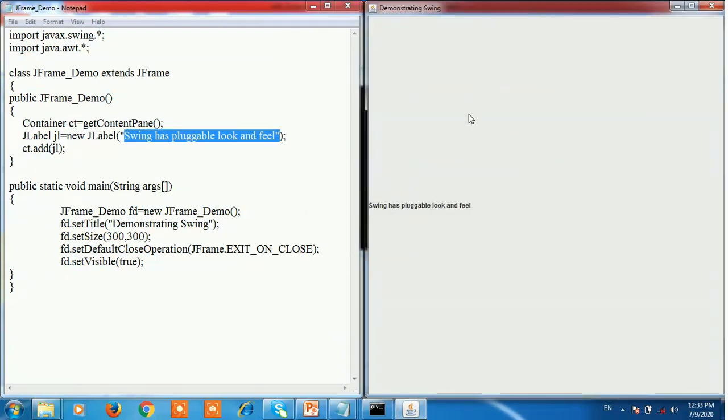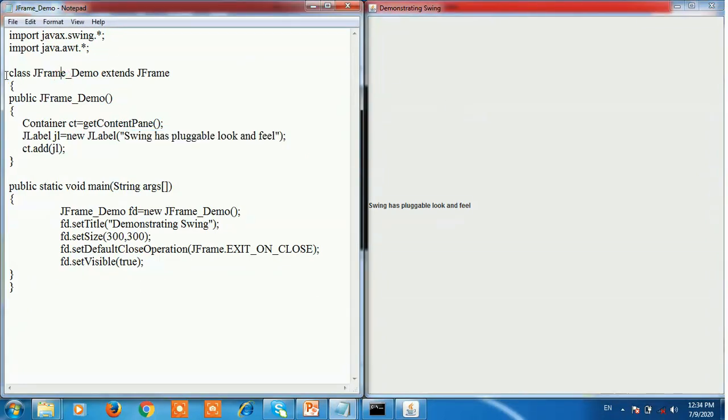This program shows extending the frame class. See here, the class name is JFrameDemo extends JFrame. It shows the class is extending the frame class. So we create an object of the frame class, FrameDemo = new FrameDemo. The container is used to add the component using the add method.